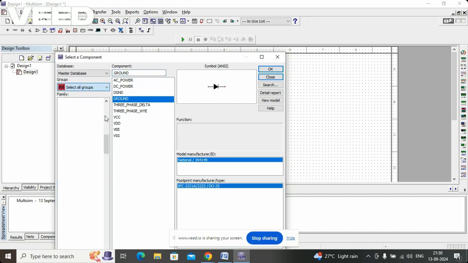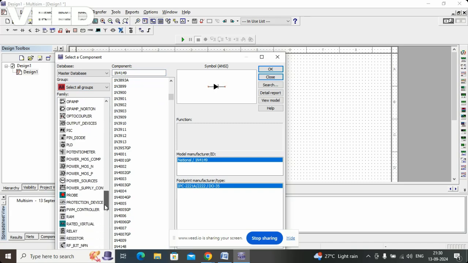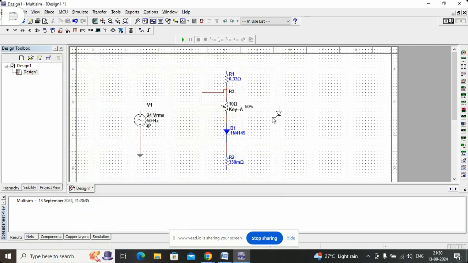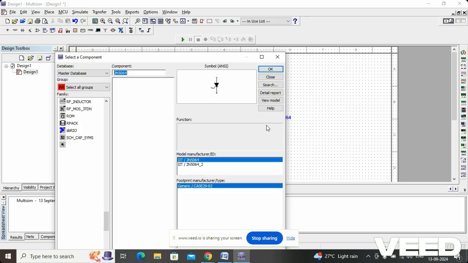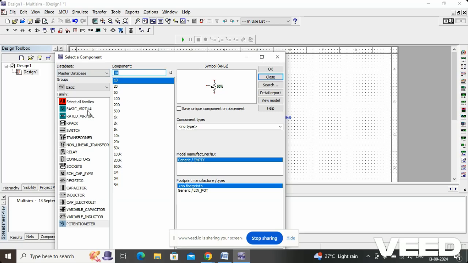Go to source, select all groups, and you can choose an SCR basically. Any SCR you can choose, 2N5064, any SCR. The specification of the SCR can be obtained from the datasheet, and I require a load. The load can be a lamp, all groups,